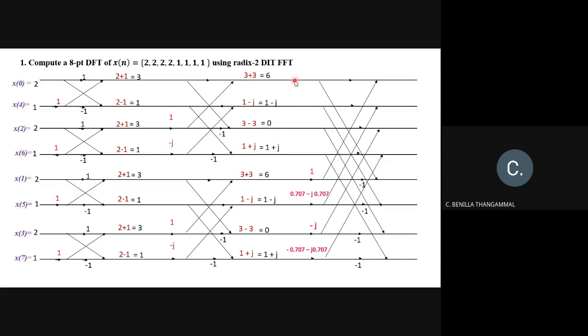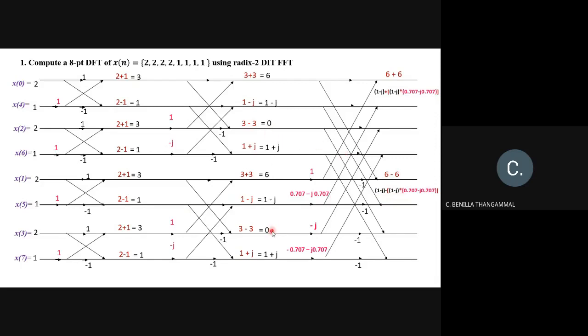Here, this first part and this fifth part form the combination, right? So first part value is 6 plus 6, and the next part value is 6 minus 6. Similarly, this 2 and 6 will form the combination here. So this is 1 minus j, here also 1 minus j along with this twiddle factor. So 1 minus j plus 1 minus j into the twiddle factor, and the corresponding value will be 1 minus j minus (1 minus j) into the twiddle factor.